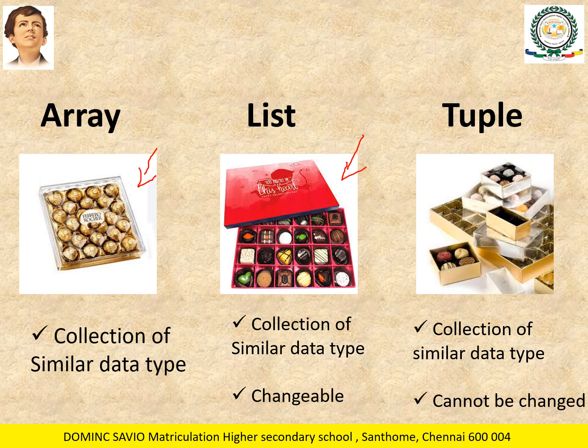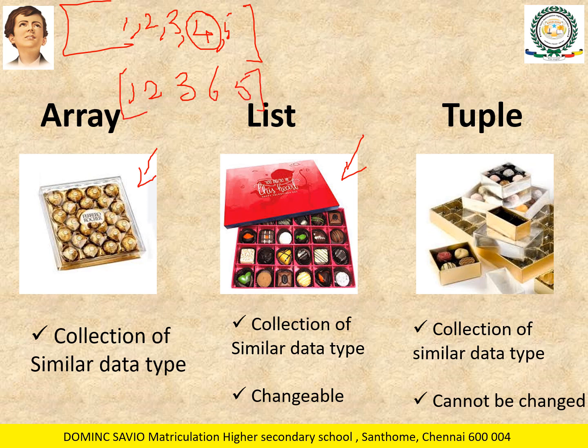For example, in a list I have numbers like 1, 2, 3, 4, 5. This is what I call a list. In the next case I say that I don't want 4, but instead of 4 I want to change this to 6. So I can do that in the list: 1, 2, 3, 6 and 5. So I can update it in the list. But in a tuple, once you assign the value as 1, 2, 3, 4, 5, it is permanently stored there. You cannot change it as we did for the list. You will not be able to edit the tuple that you have created. Okay, you understood about this, right?